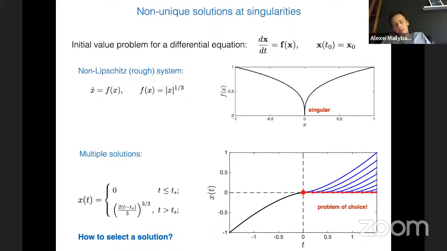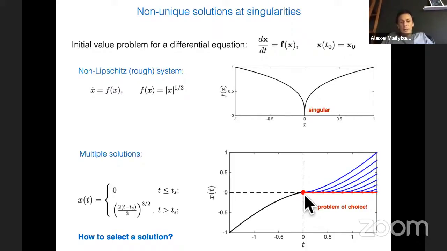If you start with the initial condition, which is negative, so x here is vertical and time t is horizontal. If you start at a negative value, you follow the unique solution because you're on the smooth part of the function until you reach 0. And you reach 0 at finite time. This is important. So 0 is a fixed point of the equation, but since it's non-Lipschitz, you can reach it in finite time, not infinite time like a fixed point in smooth systems. So in finite time, you enter 0.